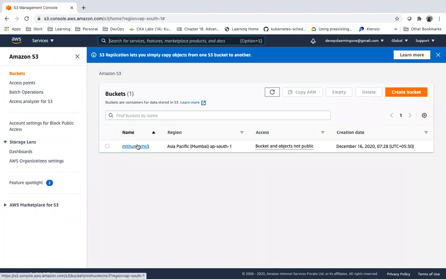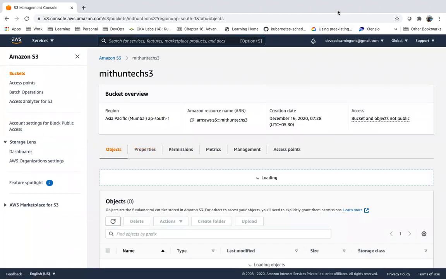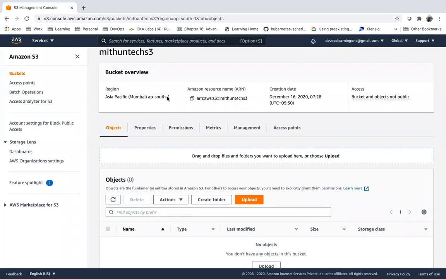If you see, we created an S3 bucket. As of now, we don't have any data. We don't have any objects which we have uploaded to S3. As we discussed, we can upload from CLI, we can upload from API, we can upload from GUI.